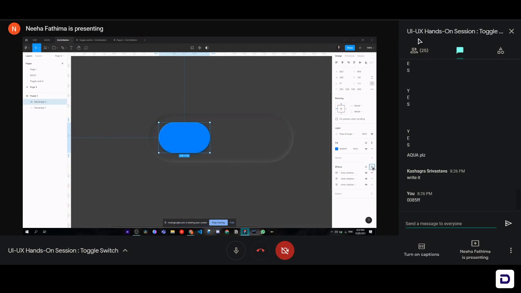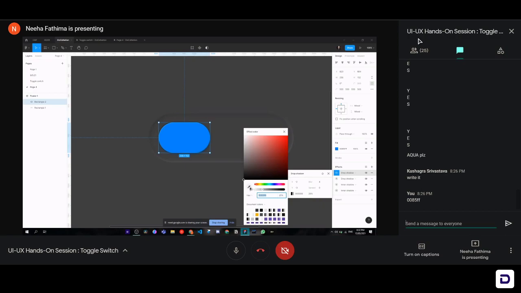So we'll click on the plus icon again. We already got a drop shadow, and now we'll be going -2 and -3 so that it covers the top part. And now we'll again follow the same drill, click on the color picker, select the color, and we'll go lighter. Okay, so now you can see that effect already.